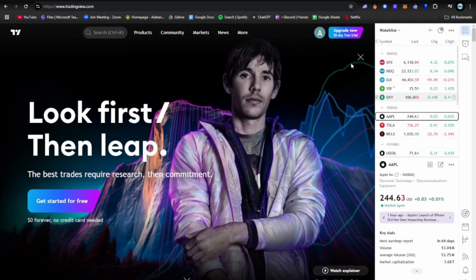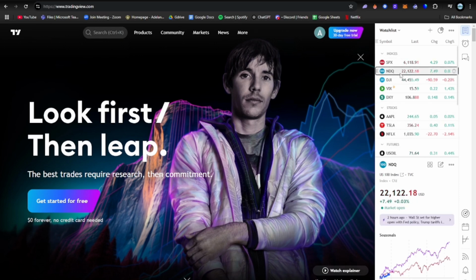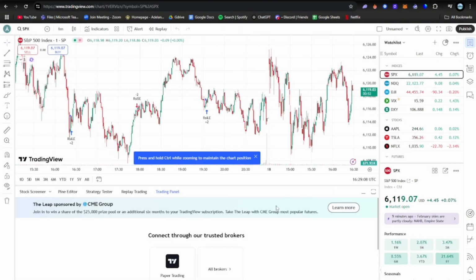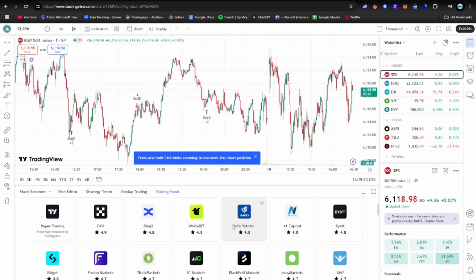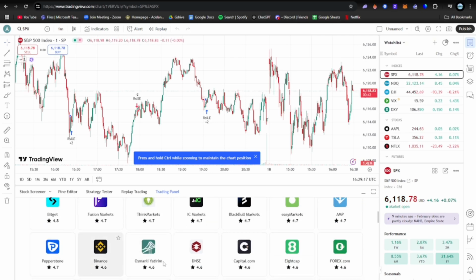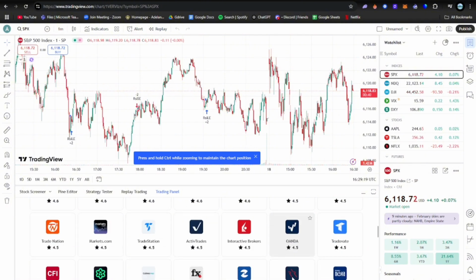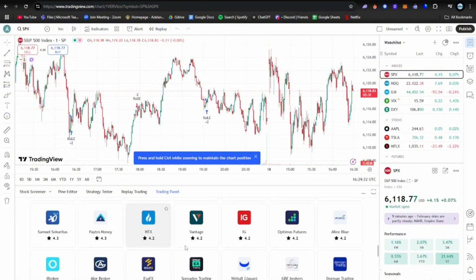On TradingView, open a chart and click on the trading panel at the bottom of the page, which is this one. And then in the trading panel, just find and click on the Moomoo icon. So since my account in TradingView is not a margin account, it doesn't show a Moomoo icon right here. But if your account is a margin account, then it probably will show up, or it definitely will show up